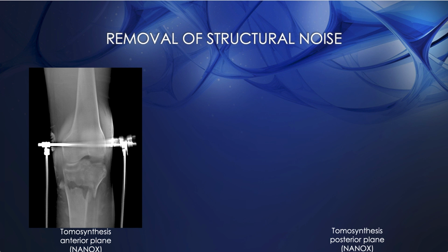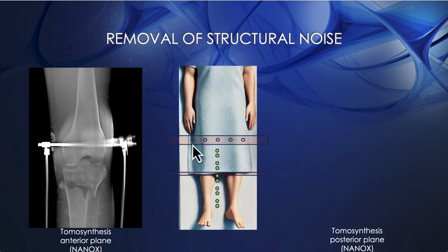But what I want to point out to you is how the metal obscures the underlying bone. Now, metal is essentially impervious to the radiograph. You see no detail behind it whatsoever. But with tomosynthesis, this is not as much a problem. So focus here on this metal. Right now, we are focused in the plane of this rod. If we move the focal plane to behind the rod using a linear pattern of acquisition,